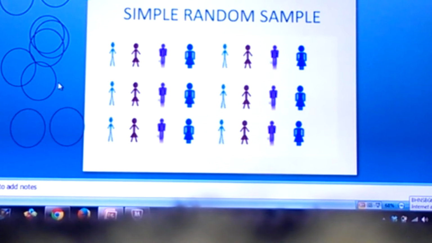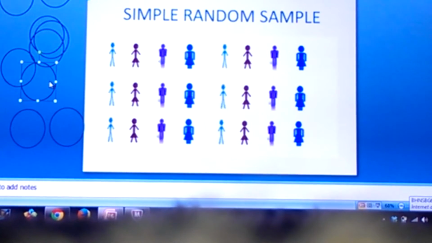Now, in order to do this, what you want to do is assign each and every person within that population a number. Now, those numbers will then be fed into a computer-based model. That computer-based model, in turn, will spit out a random set of numbers. Say your sample group is going to be comprised of approximately 6 people. Now, that computer-based model will spit out 6 random numbers. So, say for instance,